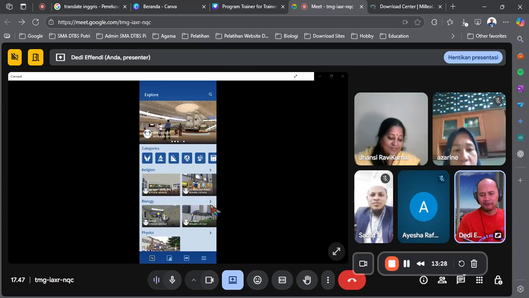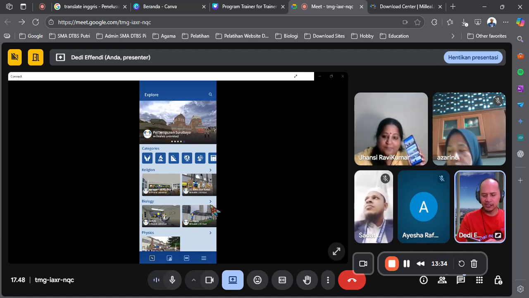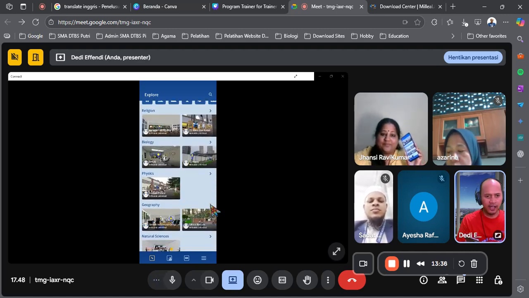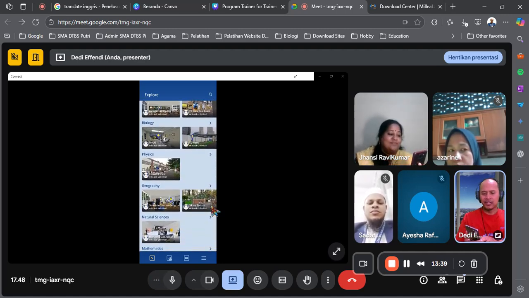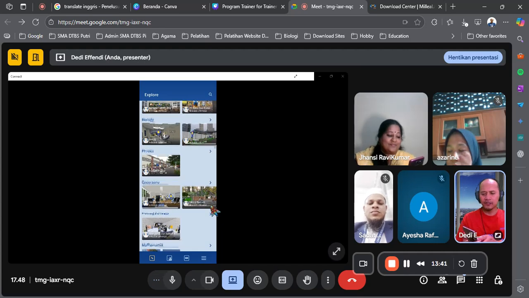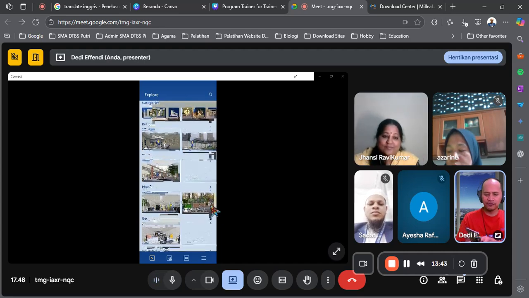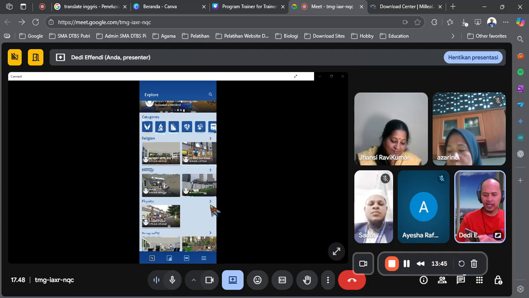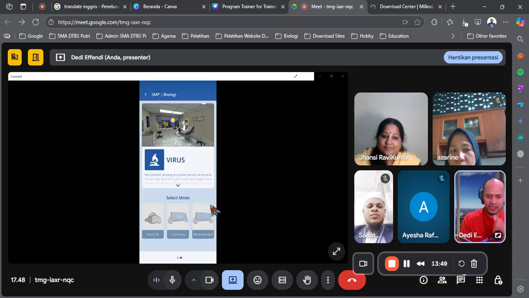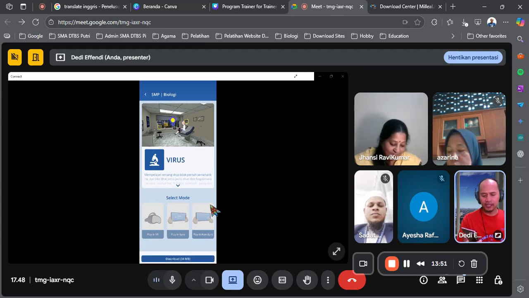First, you can see this on the smartphone. Your smartphone shows explore categories: religion, physics, biology, and so on. When we pick one of the projects like this, I pick the virus project. Then you have to download the project first so it will run smoothly.